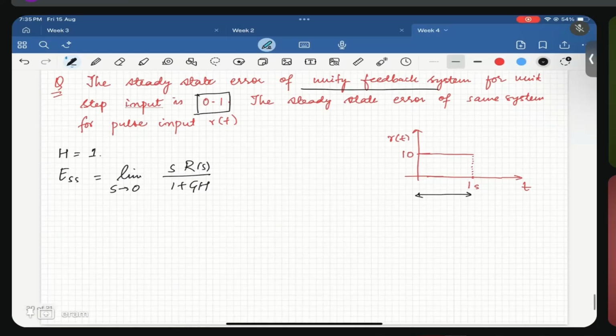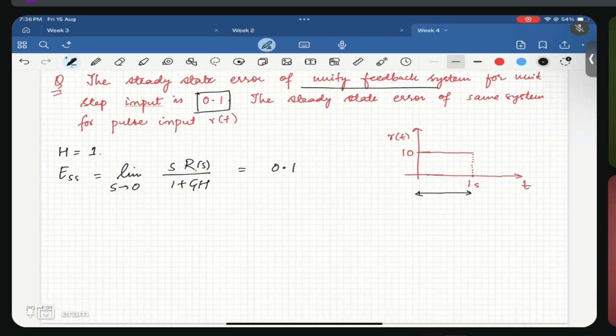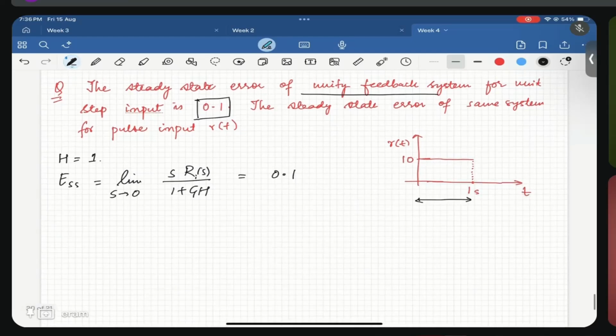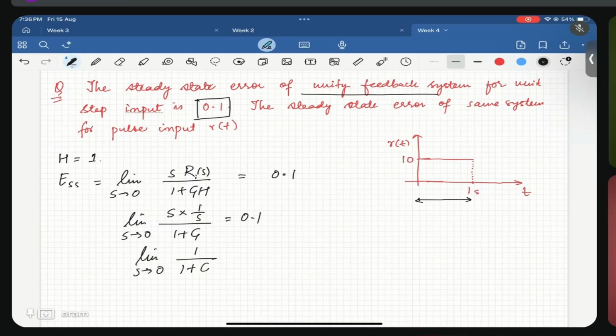So this value we are given as 0.1, where our initial input was a step input. So s into 1 by s by 1 plus G, as s tends to 0, is 0.1. Okay, so as s tends to 0, 1 plus G is what? 0.1. Okay,